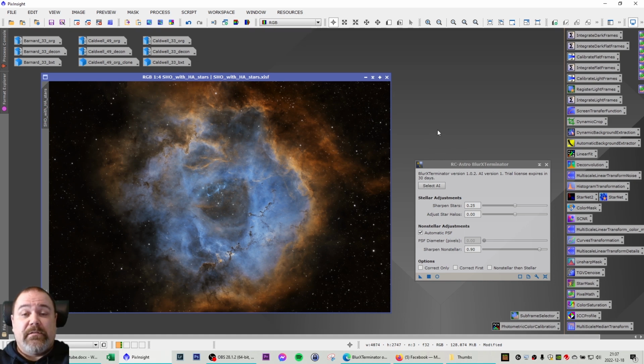as I will process my first image from start to finish using BlurXTerminator, and that will be in my